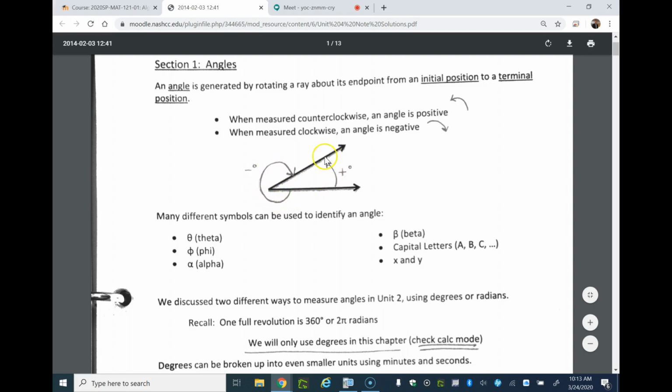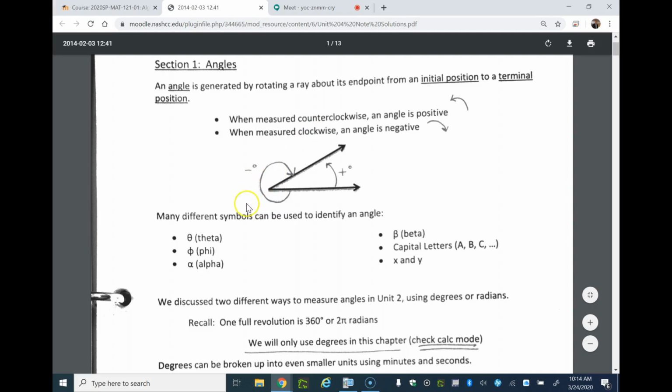So if I told you that this angle here was 60 degrees, we already know a full circle makes 360. So if this is 60, then from here on back this way should be 300. So 300 plus 60 makes a full circle of 360. We usually talk about this angle here, but there are other angles that go clockwise, and those are the